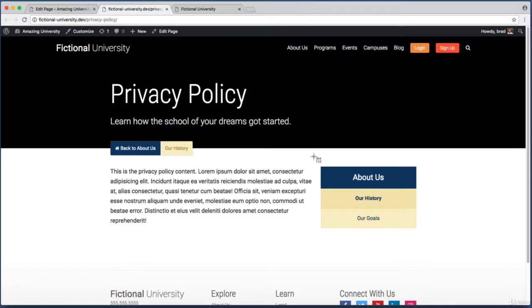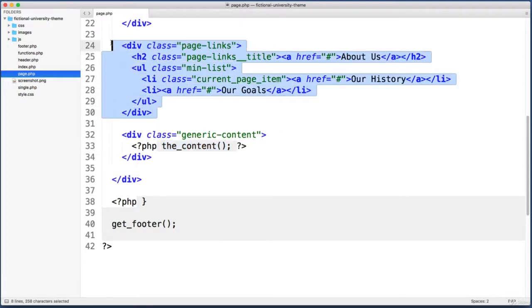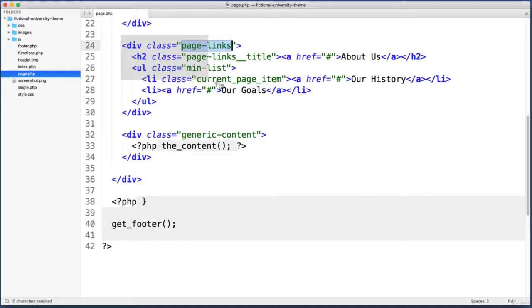Next, let's address this sidebar menu of links that we see here. We are not ready to set this up yet, so for the time being, why don't we just comment it out? Let me show you what I mean. Back in page.php, on this line where we just called the content function, right above that we see a div that has a class of page-links. So this is the div that is creating that sidebar menu, and if we want to comment it out, right